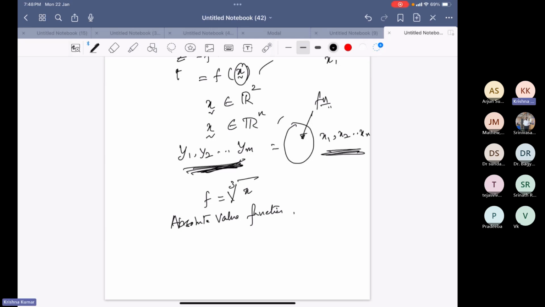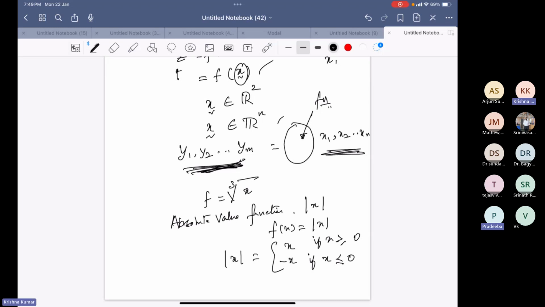Which, say, for x is written with this symbol. So function f(x) is equal to x, and then we write this function like this: x if x is greater than or equal to 0, and, note this carefully, minus x if x is less than or equal to 0. Now look at this carefully. So if I say it is an absolute value.